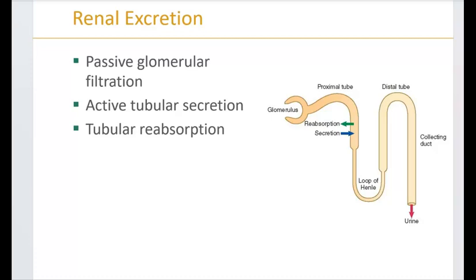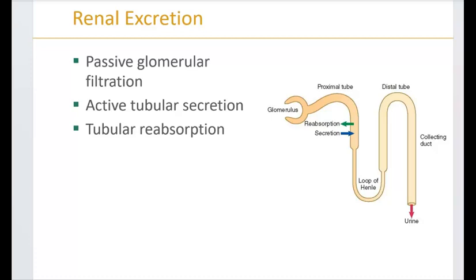Remember that effects of urine acidity on drug elimination are also at play, and that can have important clinical implications, particularly when manipulated clinically to enhance the elimination of toxic drugs. So urine can be made purposely acidic by administration of ammonium chloride, or it can be made basic by the administration of sodium bicarbonate.